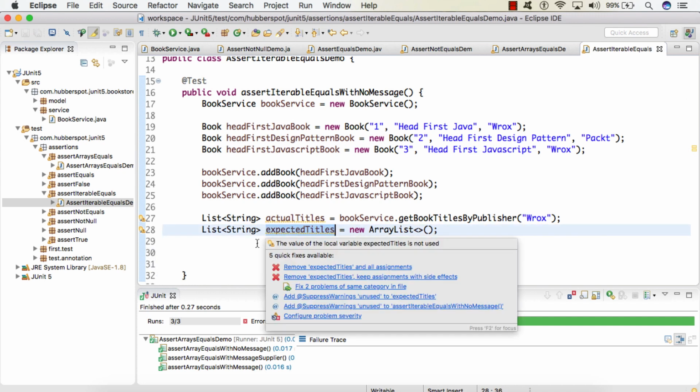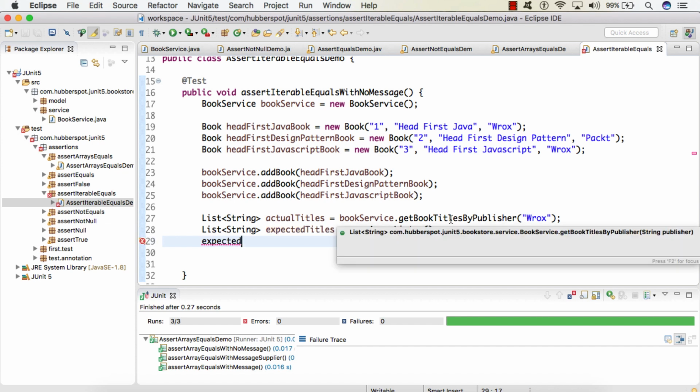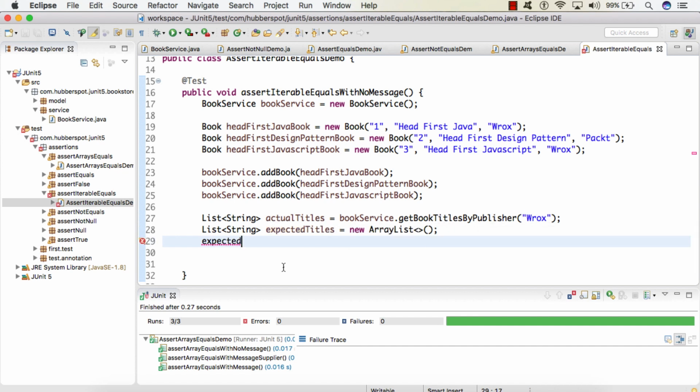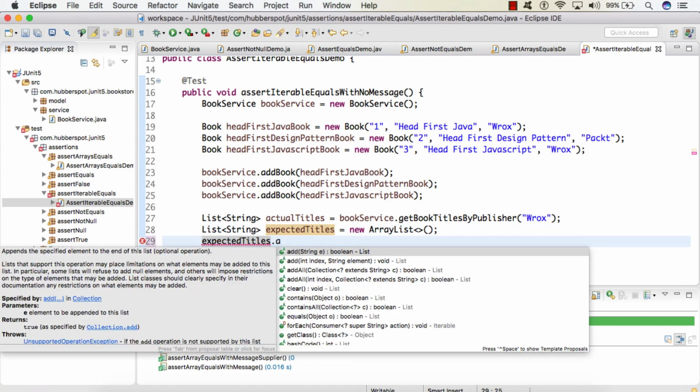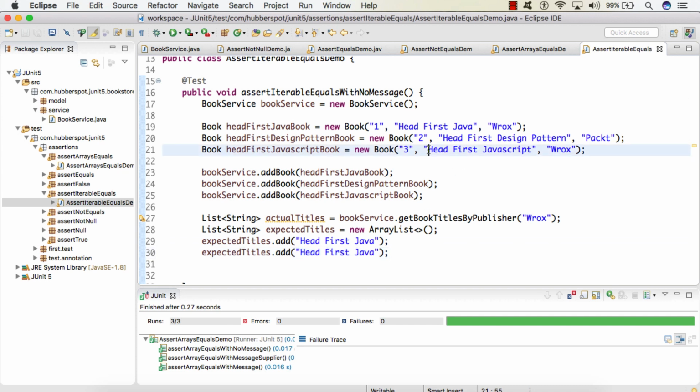And to these expected titles, we will add what we are expecting from this method when we pass Vrox. So let's say we are expecting that it should have the value Head First Java, and it should have one more value as Head First JavaScript.